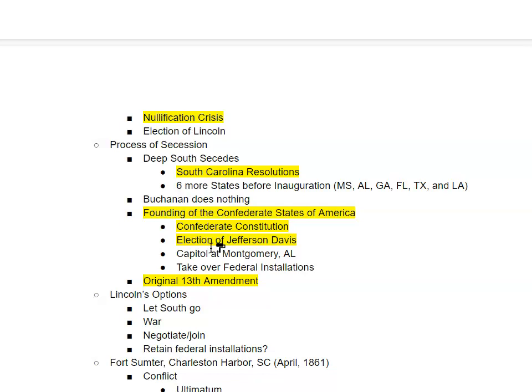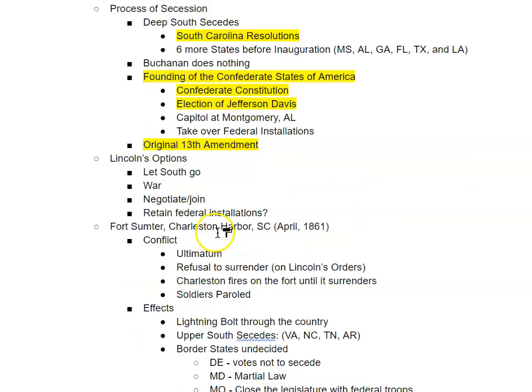But right before the Civil War, there was proposed the original 13th Amendment to the Constitution, which was an unrepealable guarantee of slavery, free from interference by the federal government, that a state had an unrepealable guarantee to have slavery so long as it wanted,